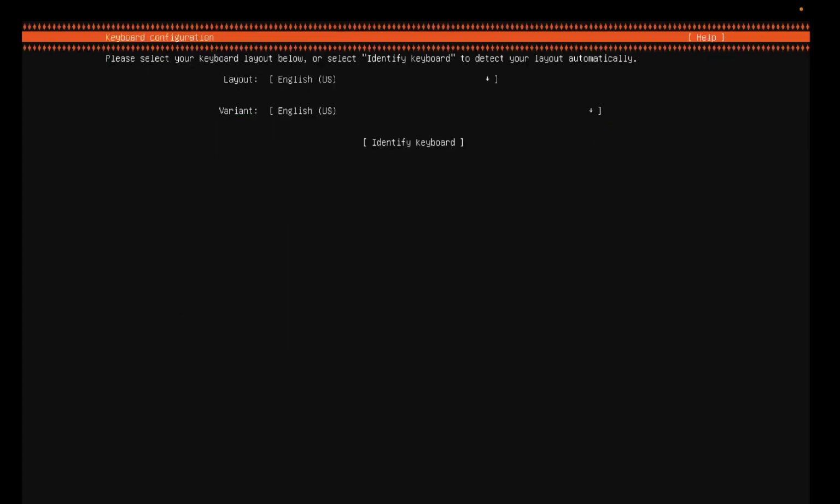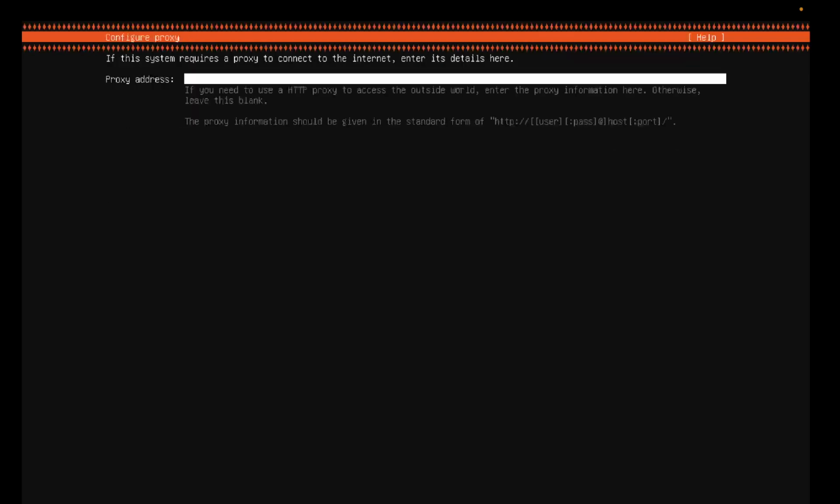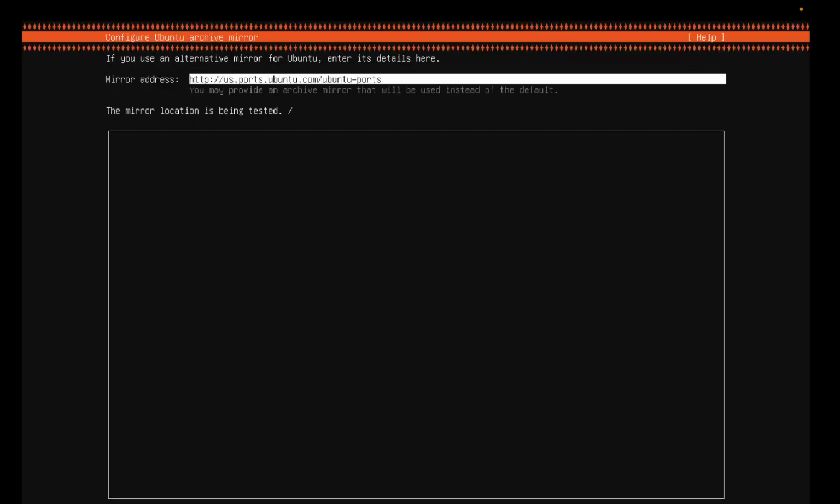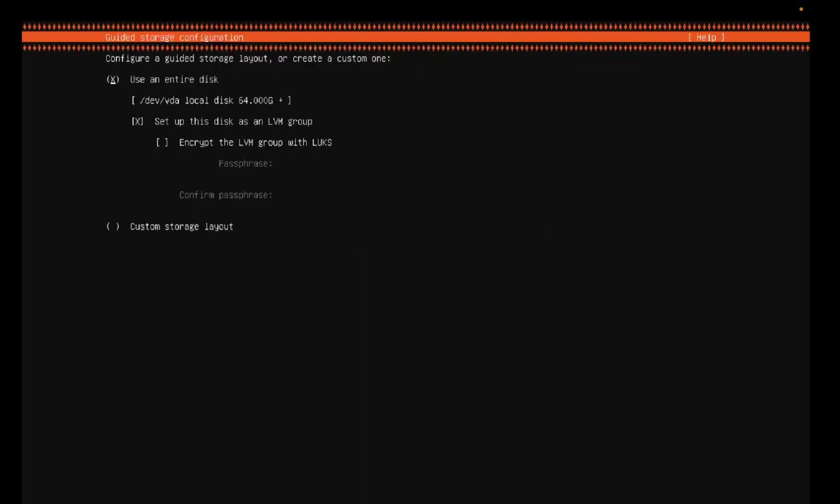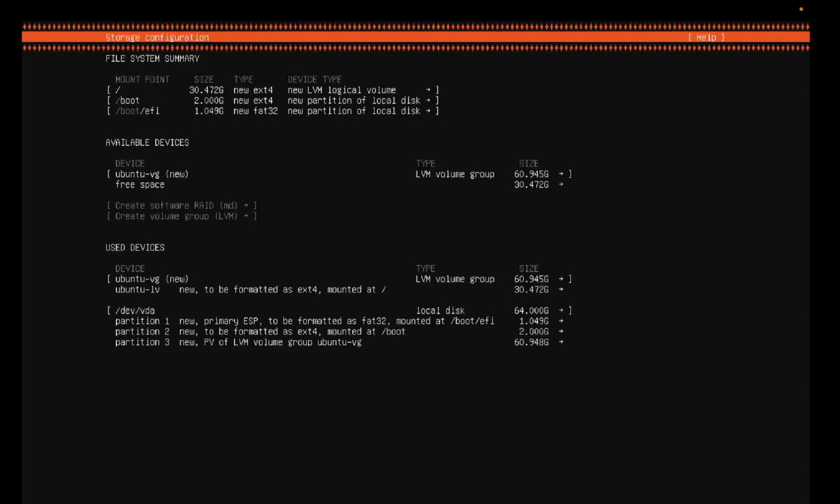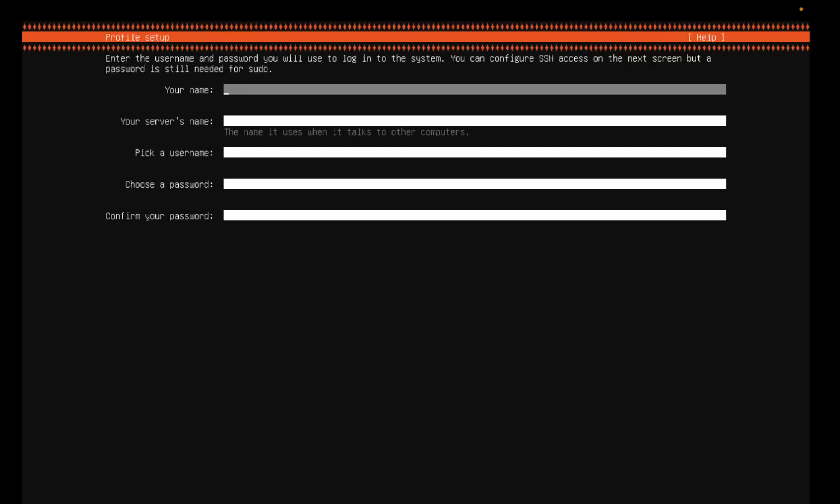So again, just defaults right here: English, Ubuntu Server, everything there set up, proxy address, I guess if you have one. I don't. And yeah, just keep going here. Use entire disk. Just scroll down to Done. Done, continue, and then